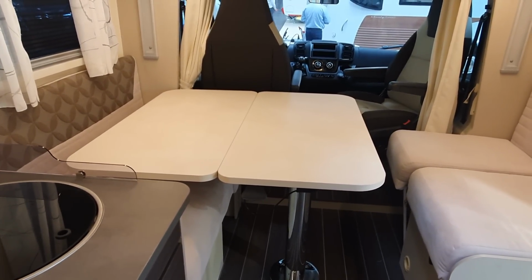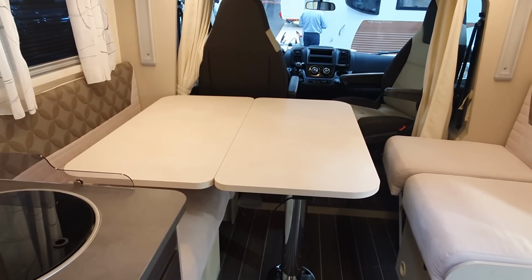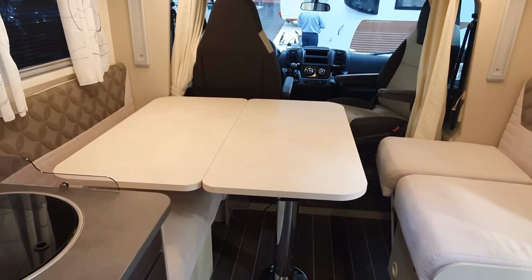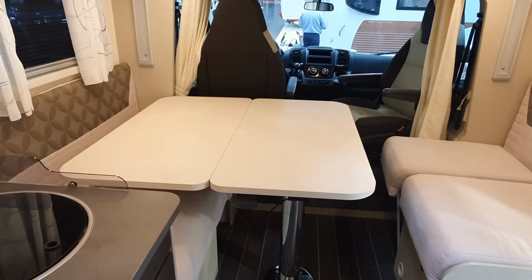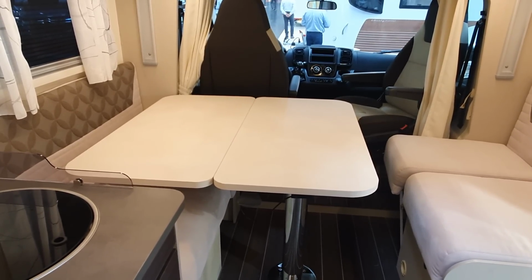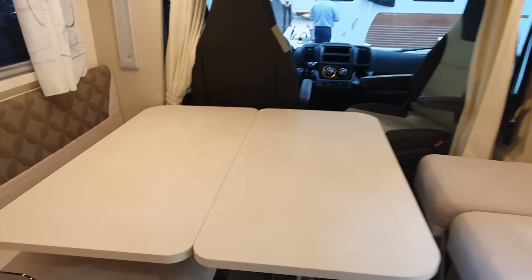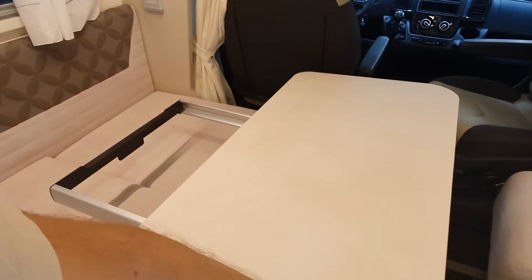That's great. I mean, for me, my table's only like half of this, and I think it's a big table. If you've got lots of people in the van, I think a big table's a good thing. For me, because I work in the van and I make a mess, I can't use one of these things like you get in a coach or an aircraft. I like a big table. Anyway, good. There's full marks for the table. Let's come out and